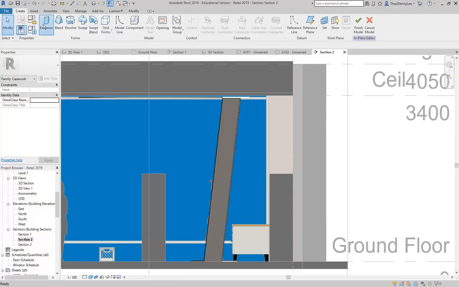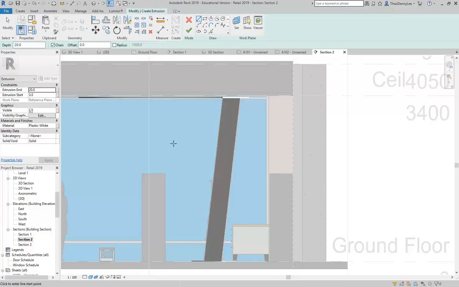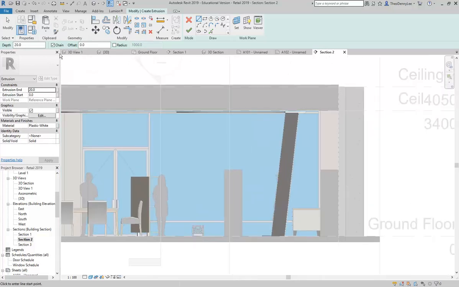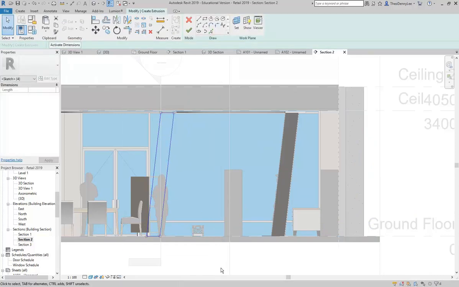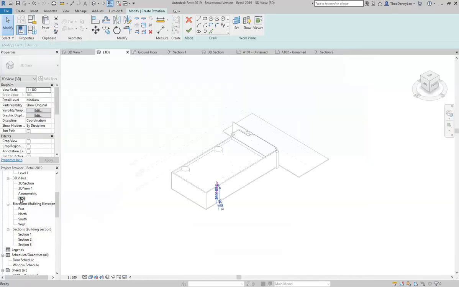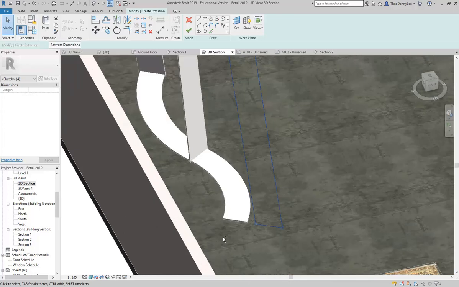Back on the Create tab, Extrusion, and again this time choose the plane. This time it'll be shelf end right. Okay, and then again, paste from clipboard, and just click anywhere pretty much, and nudge it into position. So here I'm holding down Shift and pressing the right mouse button to bring it back to the right. But then to fine tune the position, I'll go to my 3D view now, also 3D section, and then I can continue nudging using the arrow keys, and just by eye position that